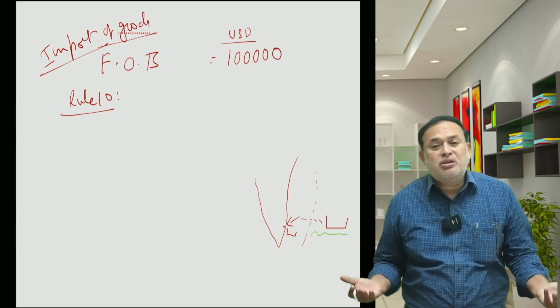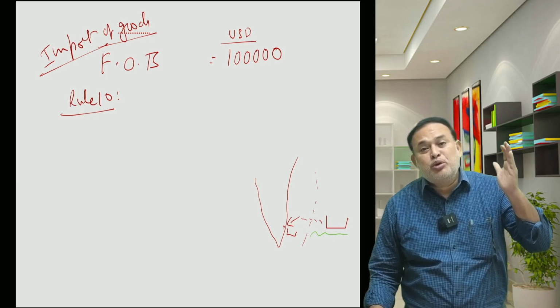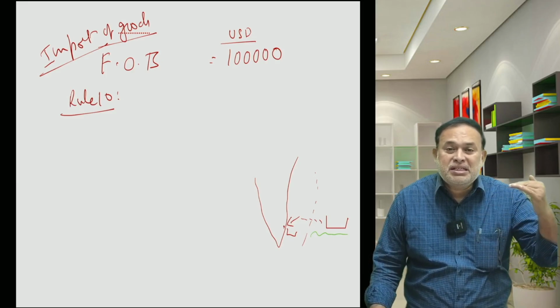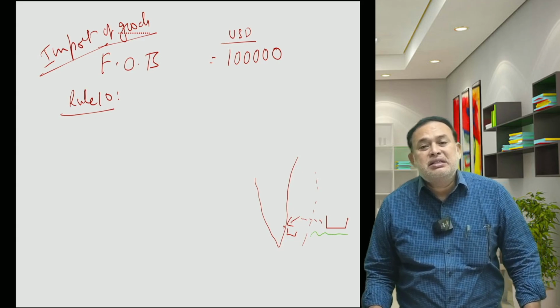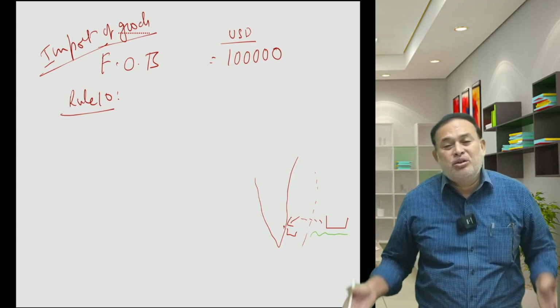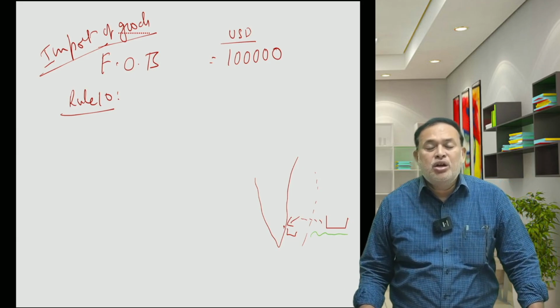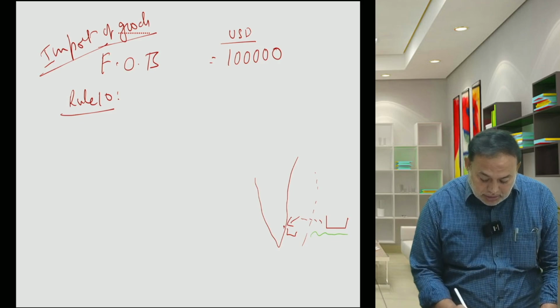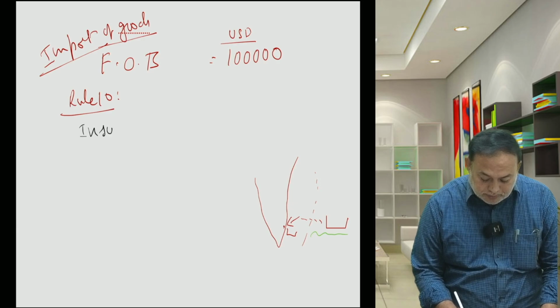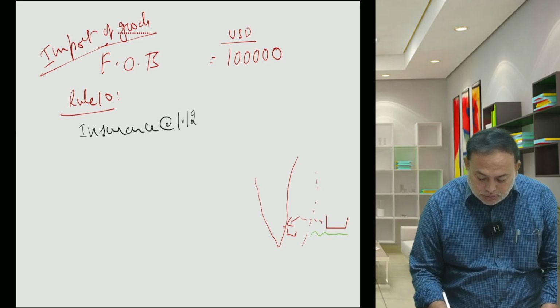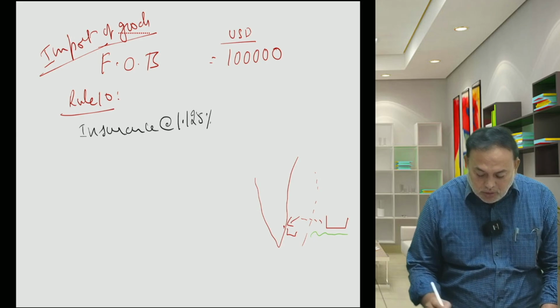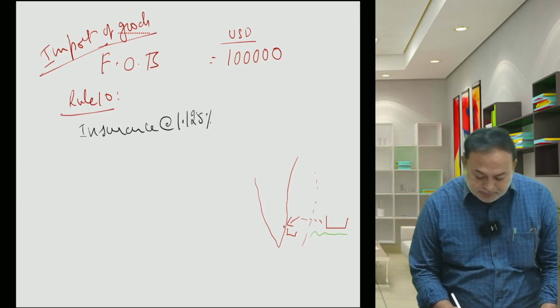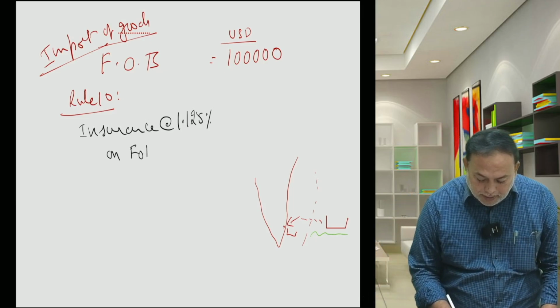Insurance. Sir, insurance is not known, sir. What insurance? Transit insurance, transit loss insurance, from the exporter country port to the importer country port. That I do not know, sir. In that case, rule number 10, sub-rule 2 says that if it is not known, insurance at the rate of 1.125% on FOB value of